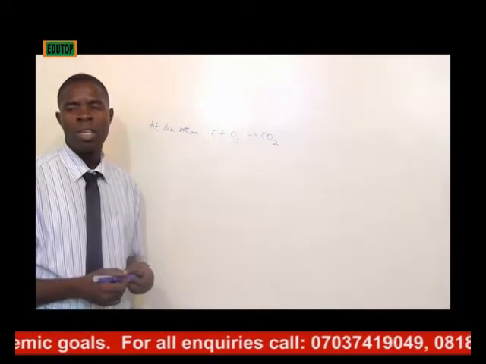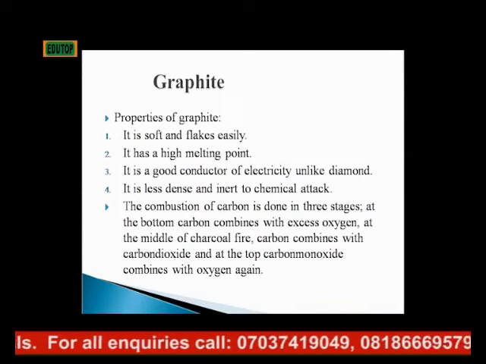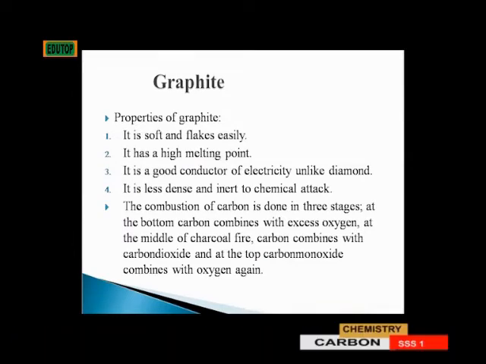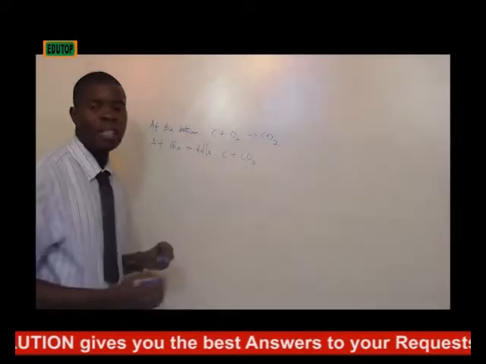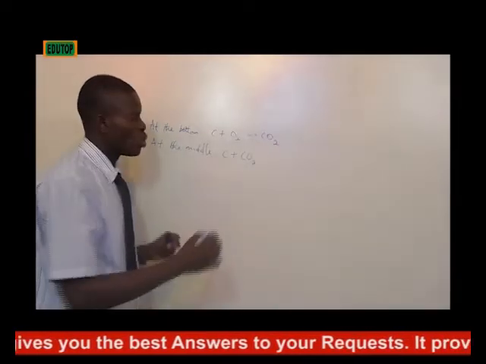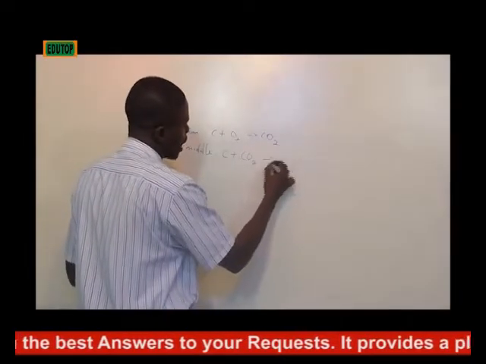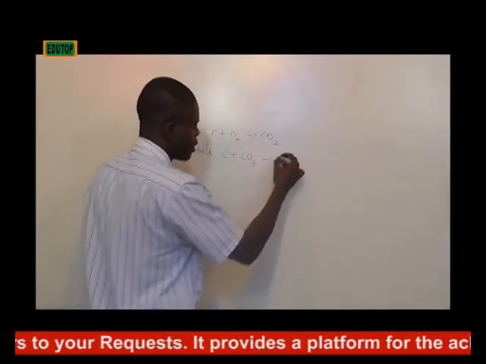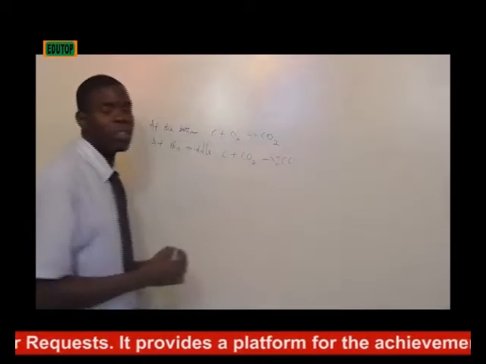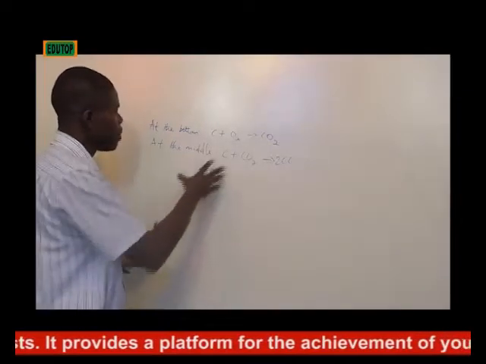At the middle of the charcoal fire, carbon combines with carbon dioxide. Carbon dioxide is also known as carbon 4 oxide. So when carbon combines with carbon dioxide, it gives you carbon 2 oxide, which is also known as carbon monoxide. And this is the reaction. So this one is taking place at the middle